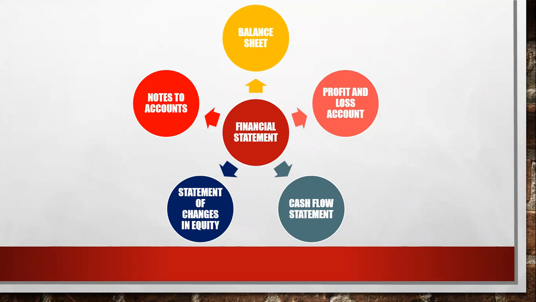So if you want to describe your P&L account or your balance sheet, you can describe it in the notes to accounts. That is rough work. For example, if you want to know about debtors, in the balance sheet you will find the debtors total balance. Say that amount is 5 lakh rupees. So you will come to know that the receivable amount from debtors is 5 lakh rupees.